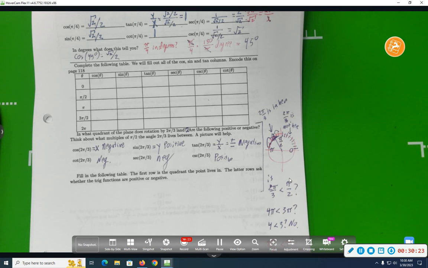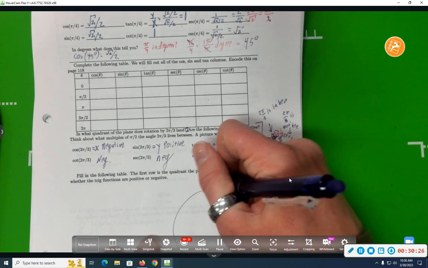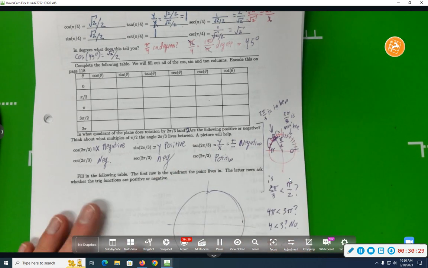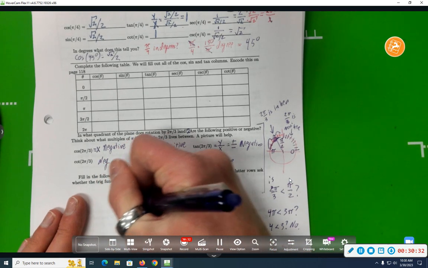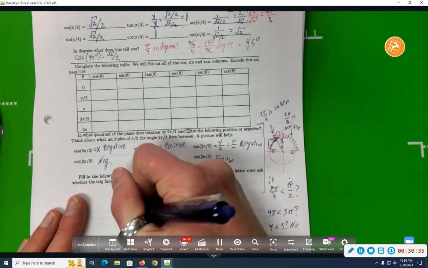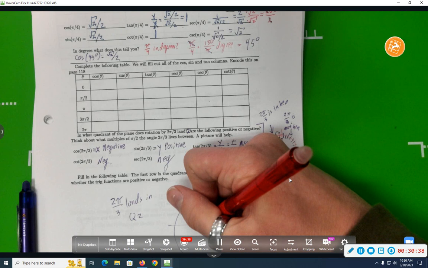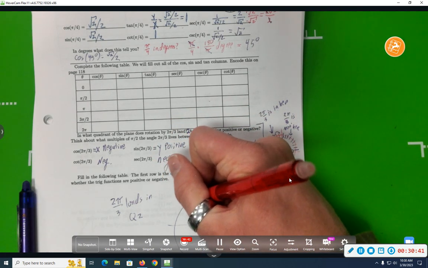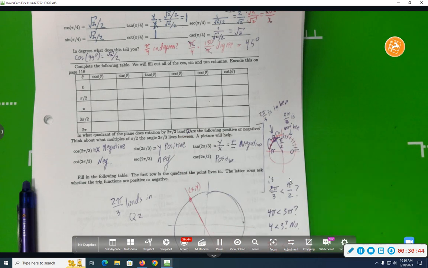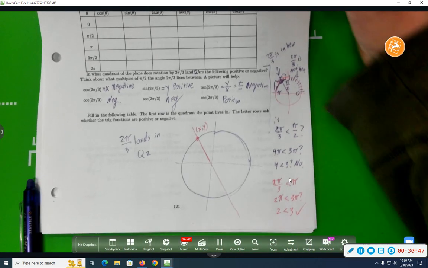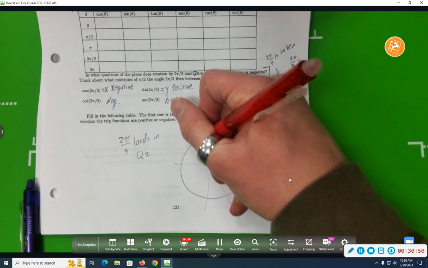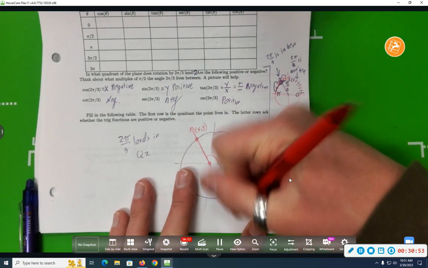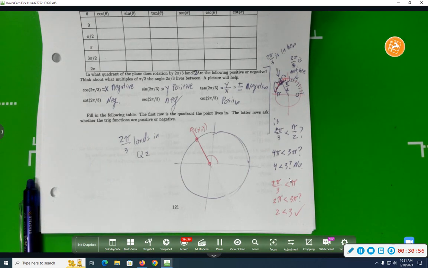And I've got space right here. So what we found previously is 2 pi over 3. An angle of 2 pi over 3 lands in quadrant 2. So if you rotate by 2 pi over 3, I guess really I only want the positive half of this line, you wind up with a ray that points in that direction. That ray points in quadrant 2. That's already written. In quadrant 2,